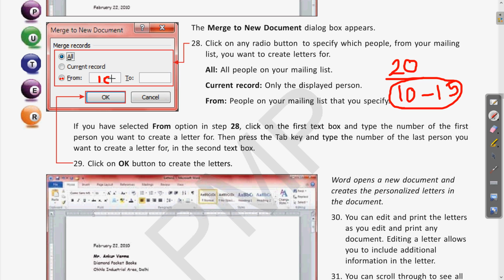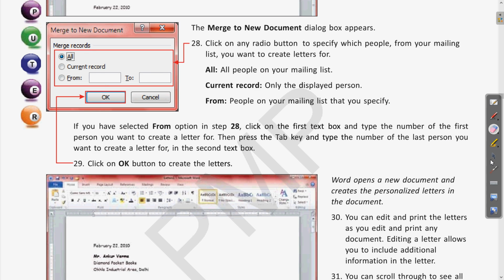What is the number of those persons in your mailing list? You can write the number here. Clear? If you want to choose selected persons, then you will use this option, or if you want to select all the persons in the mailing list, you can click on all. Or if it is the single person which is right now in the open document, then you will click on the current record. So I hope this is clear.